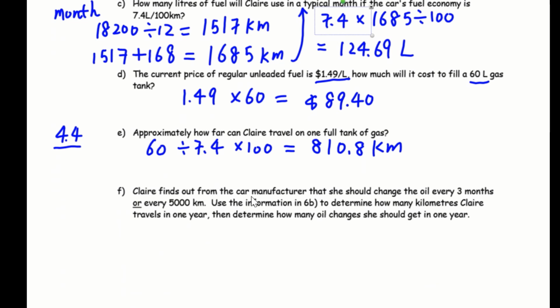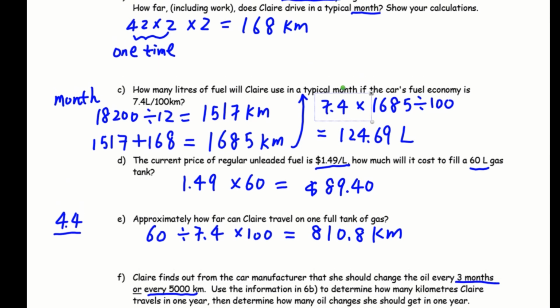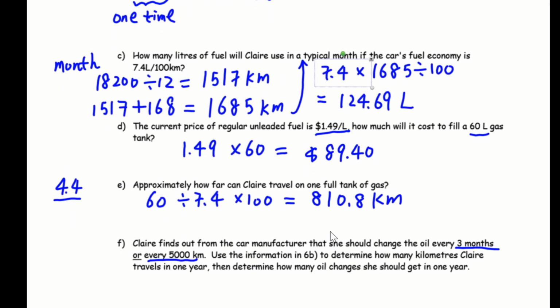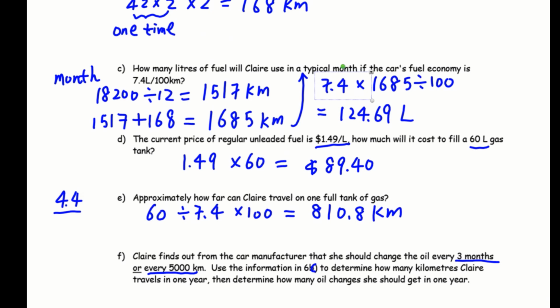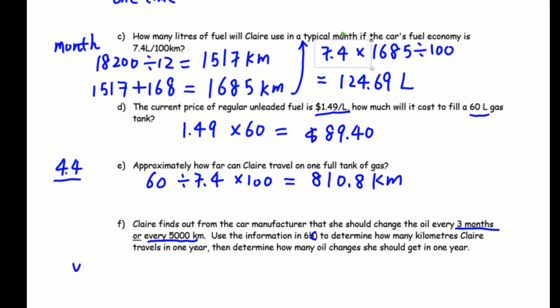And this one, find out from the car manufacturer that you should change the oil every 3 months or every 5,000 kilometers. Use the information in 6C, okay, to determine how many kilometers the car travels in 1 year, then determine how many oil changes she should get in 1 year, okay? So we have worked out 1 year is